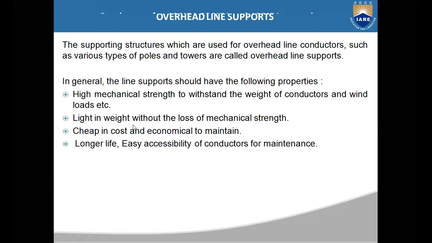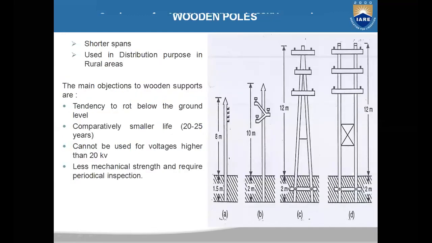it is to be lightweight without loss of mechanical strength. Okay, and it's cheap in cost and economical to maintain. So the maintenance cost should be low, and it should have a longer life and easy accessibility for conductors for maintenance. Okay, these are the properties of your line supports. So now if you observe the different types of line supports